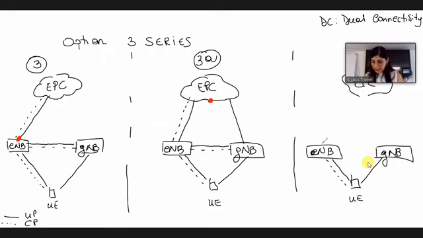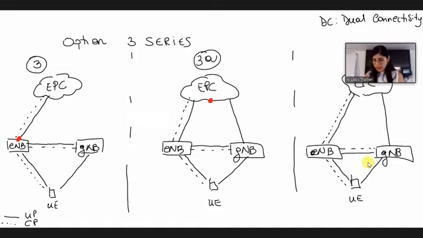Then again, the eNodeB can communicate with the core network for both control plane and user plane. And again, we have a direct connection for the user plane between the core network and the 5G base station. And again, 4G and 5G base stations can exchange information with each other for both control plane and user plane.